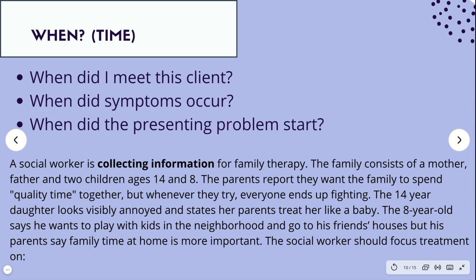When. And when you are thinking of when, it's always time-based, right? When did you meet this client? When did their therapeutic relationship begin? When did symptoms occur, if you have that information? Or when did the problem start? So here, the only time clue that we have, the only when information we have, is that you're collecting information